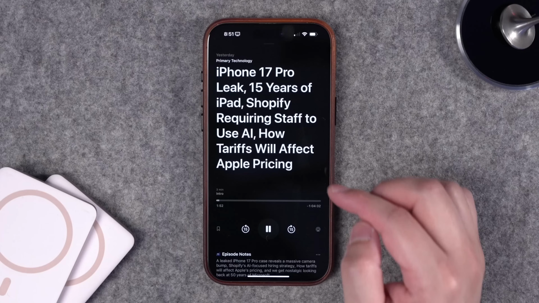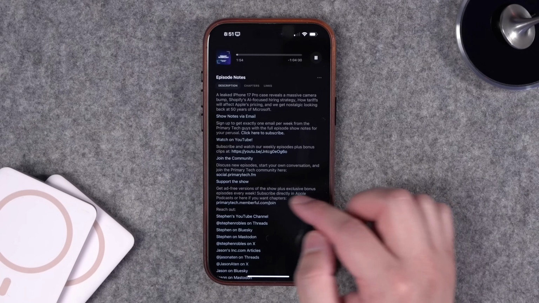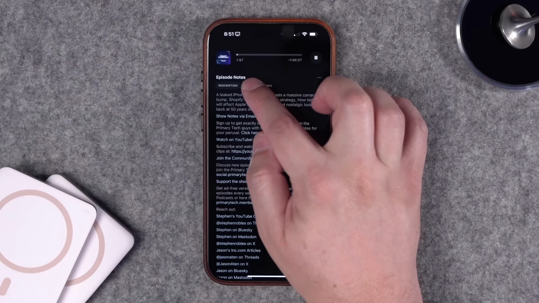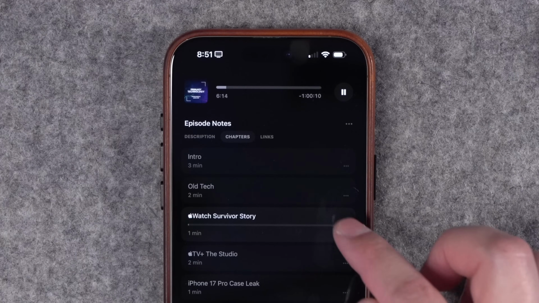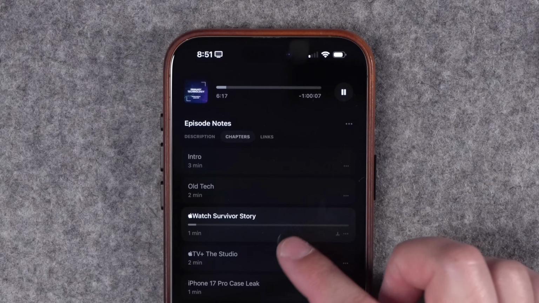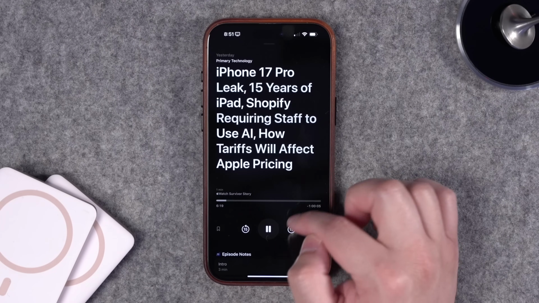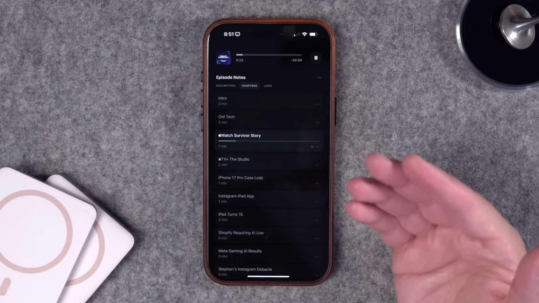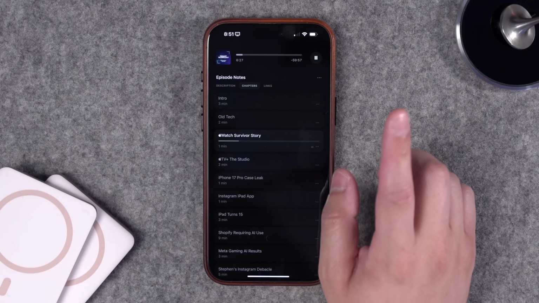So I think there's a little bit of imbalance there, but you can scroll down, you see all the show notes. You do get chapters right here. You can skip forward to the chapters, but unfortunately, there's no chapter artwork visible on this Now Playing screen. Would like to see that custom chapter or episode artwork shown,